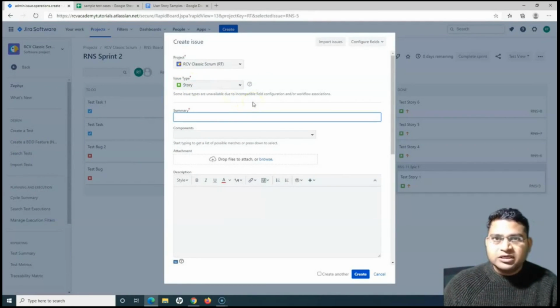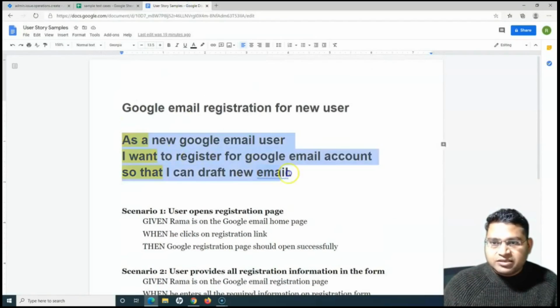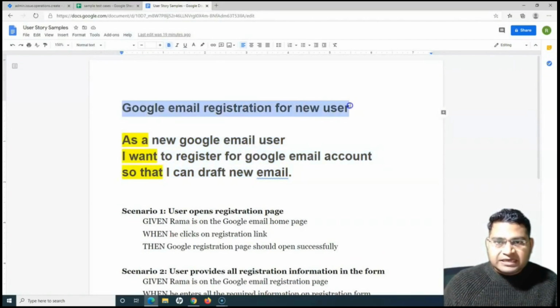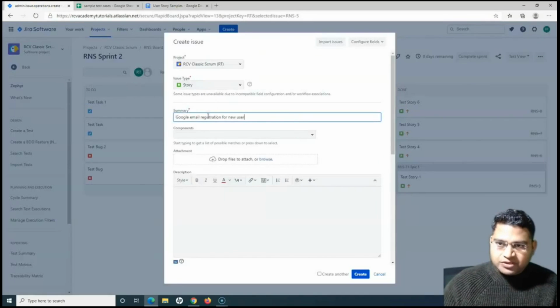Okay. So usually a feature comes as a story, and a story is written with the format that I have shown. So basically this is the story: as a new Google user, I want to, so that, right? So your business analyst will basically add these user stories. Okay. So I'll add the